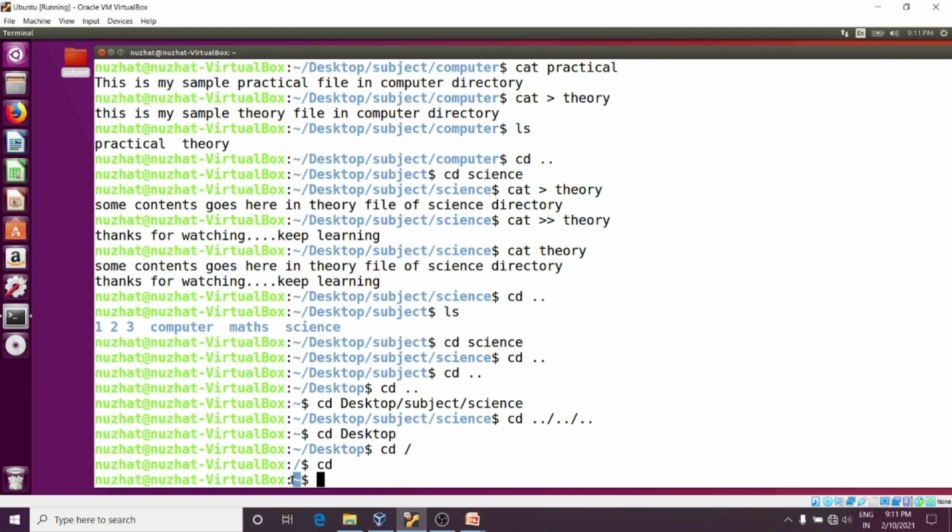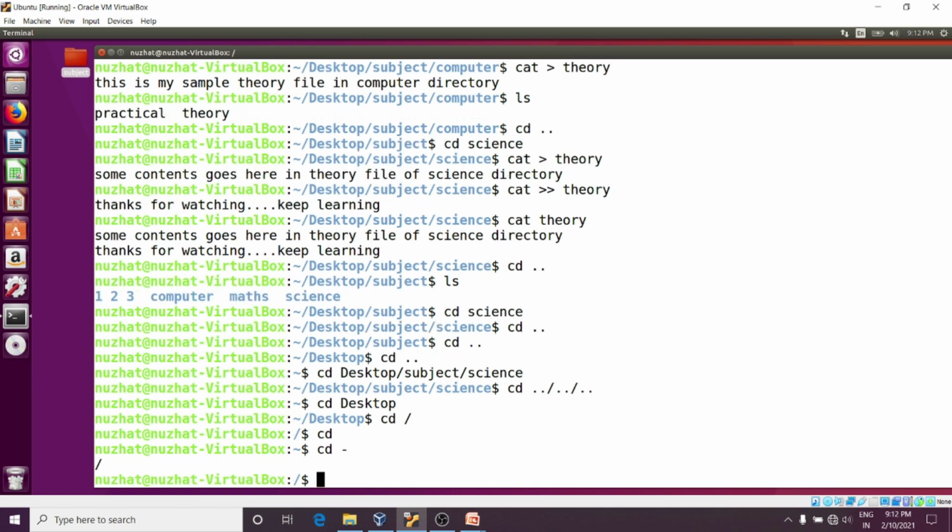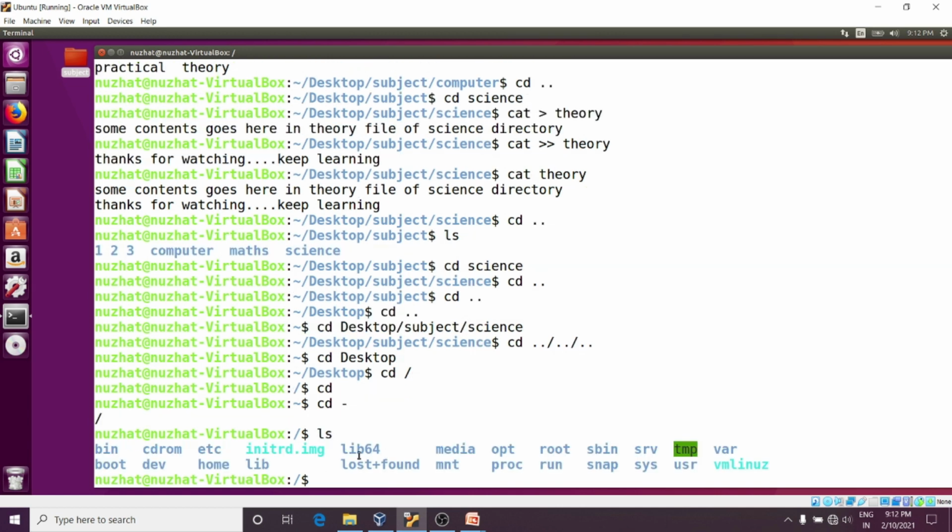Right now I'm at the home directory and we want to change to the previous directory where you were working earlier. So here you have to type cd space hyphen. Our current working directory will be changed to the previous working directory, that is the root directory, that you can see here. Here type ls. In the root directory I want to go inside this var directory.